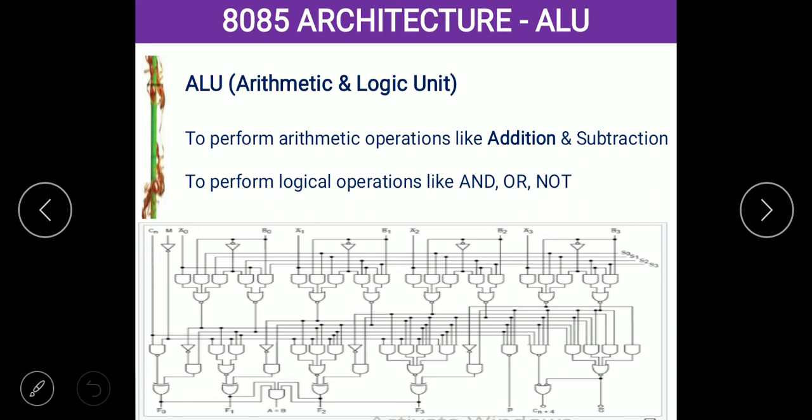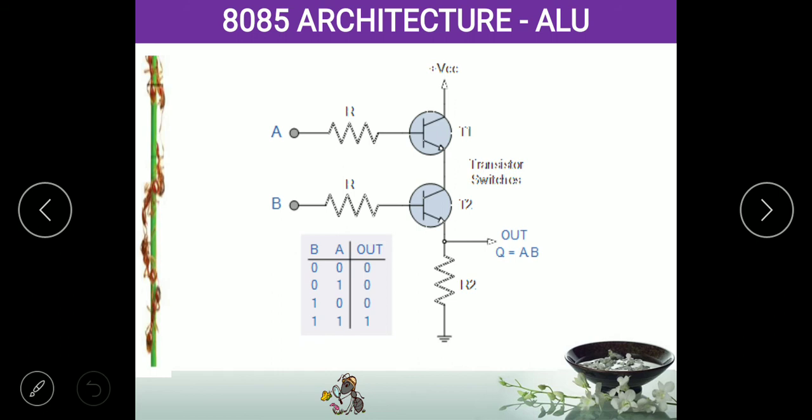How is this operation performed? How does the processor know how to add two numbers? The computer and processor don't know how to add two numbers or how to subtract two numbers. The combination of transistors, the arrangement of transistors, and the type of connections made between the transistors do those operations. For example, you know the PNP transistor and NPN transistor. That is different; that is about the materials of the transistor. If you know what is base, what is emitter, what is collector, it is more than sufficient.